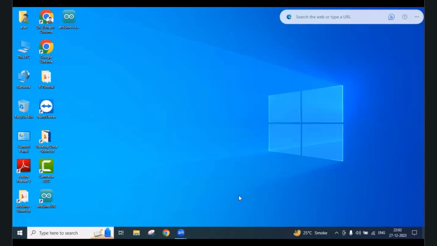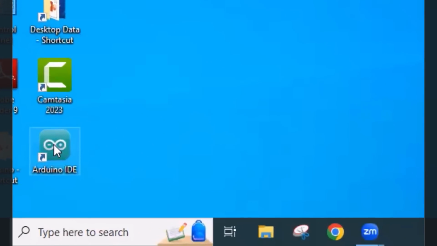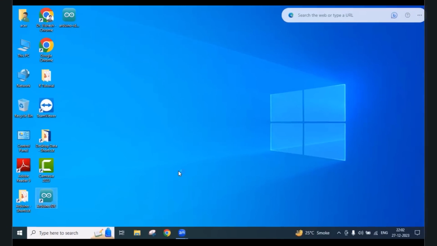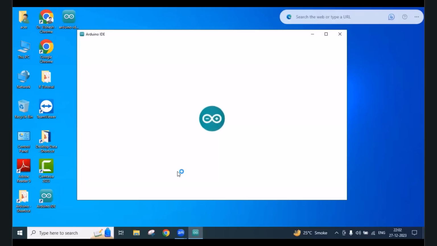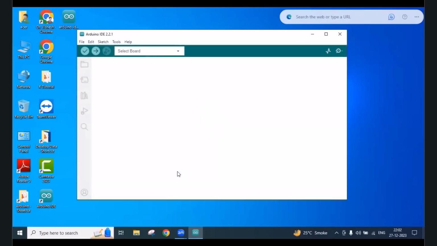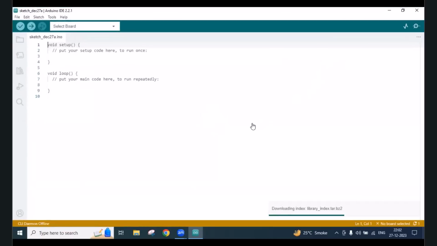Now, once the Arduino software is installed onto your computer, you will find one shortcut on your desktop. Simply double click on that icon. The Arduino will open for the first time on your computer. Because it is for the first time, it is taking some time. Otherwise, it will not take this much time. This is the Arduino